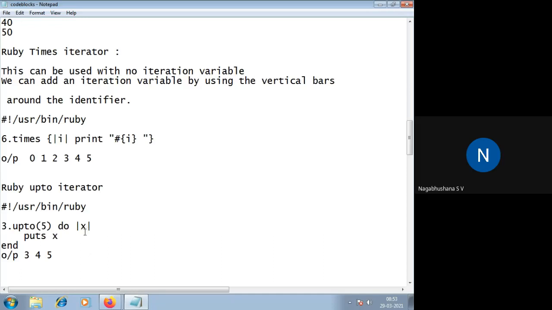Then do, and x is an object placed between the opening and closing of the vertical bars, and I am printing with puts x, that means the value of x, and end.